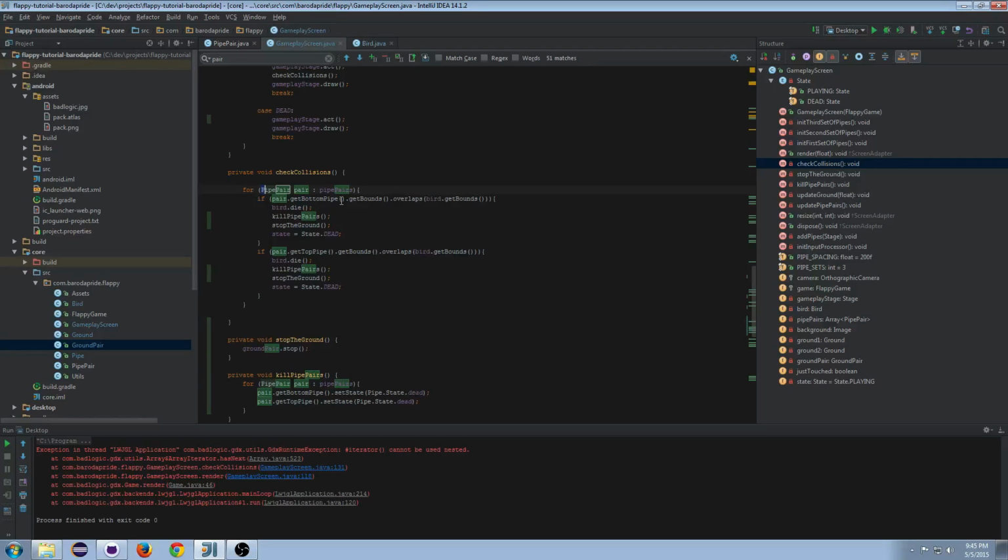I don't know, I guess it's something about the LibGDX array that it doesn't like, so